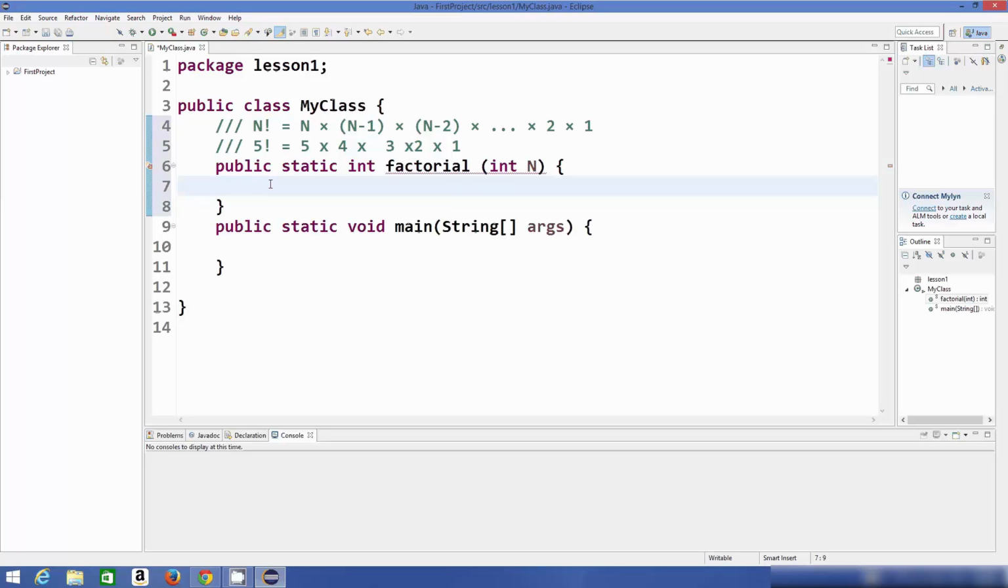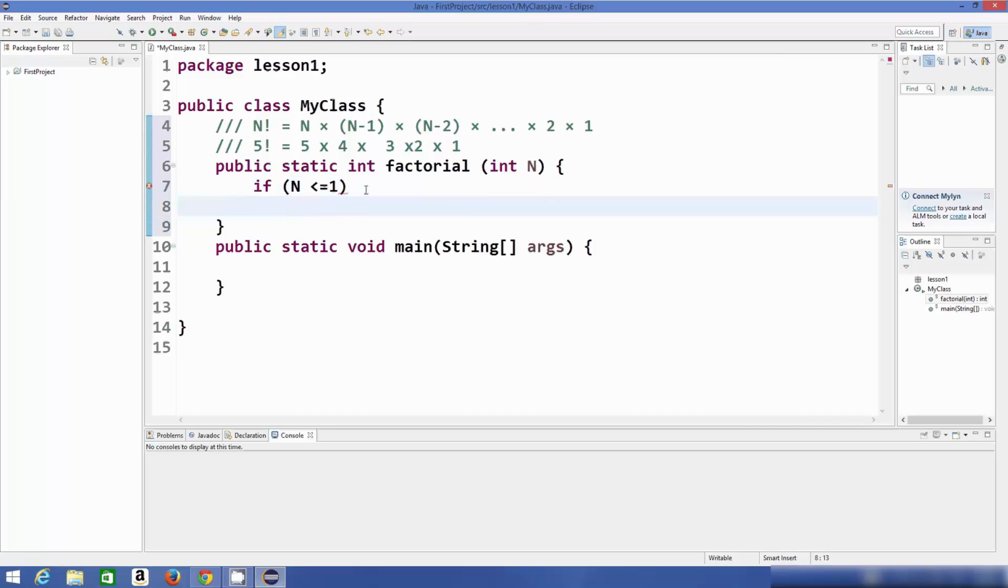So if we want to find the factorial of 0, it's 1, right? So if n is less than or equal to 1, then we will return the answer as 1, right? So something like this, and here we will return 1. Okay, otherwise, else